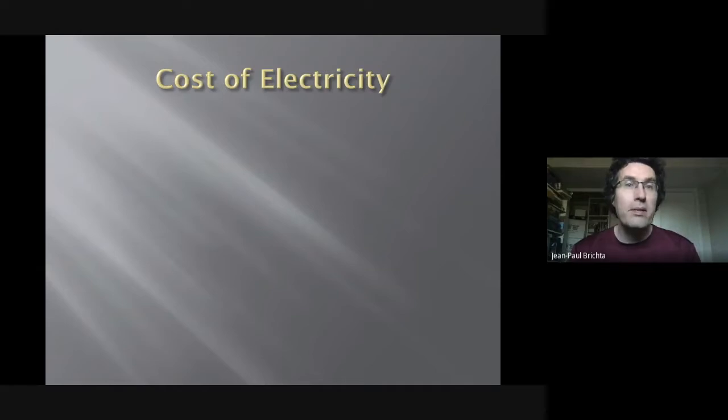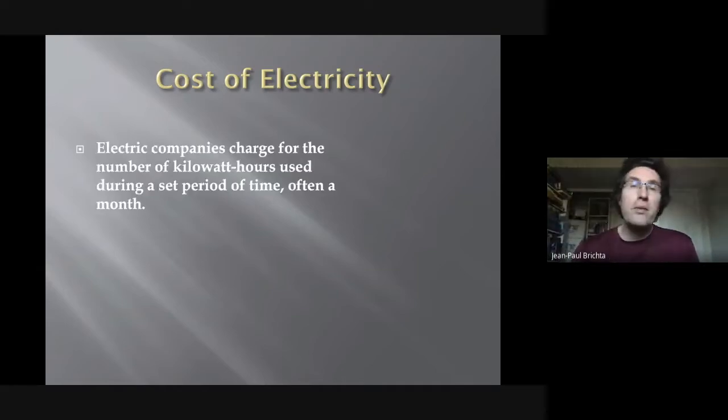So how much does it cost? The first thing you need to realize is that the electricity companies are going to charge you based on the number of kilowatt hours of energy that you use. And it's usually once a month, right? You usually get a bill once a month,